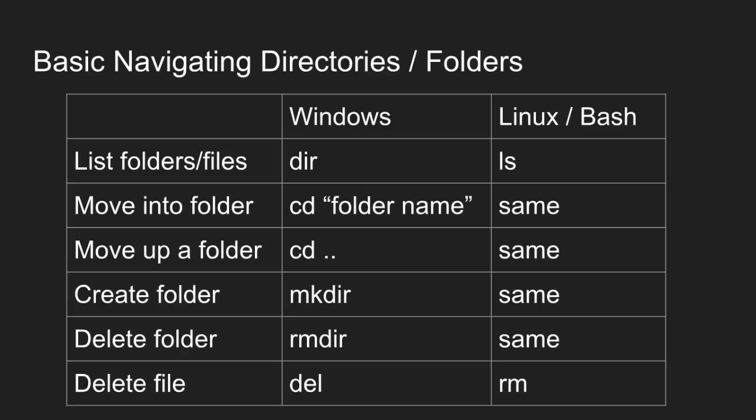Now, these are the basic commands for navigating directories and folders. The first one is dir and ls. On the Windows side, it's dir. That means to display the contents of the directory. I'm not exactly sure what it stands for, but dir is the command. And ls is list. That means list all the contents of the directory, and it's going to show all the files. Now, if we want to move into a folder or directory, and I'll use directory and folder interchangeably, they mean the same idea,